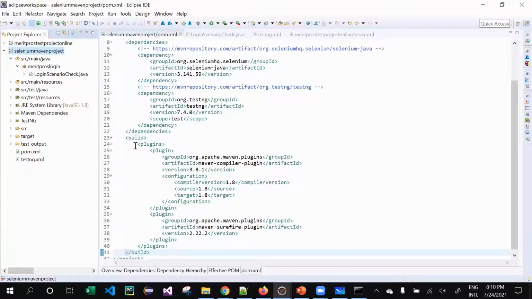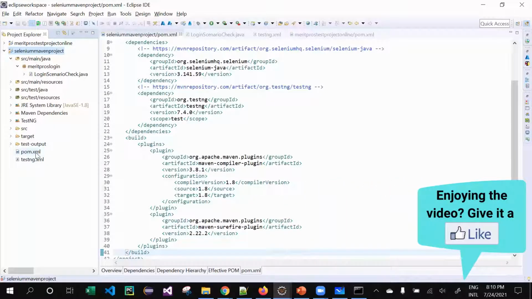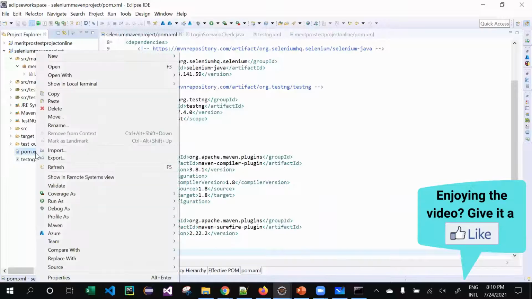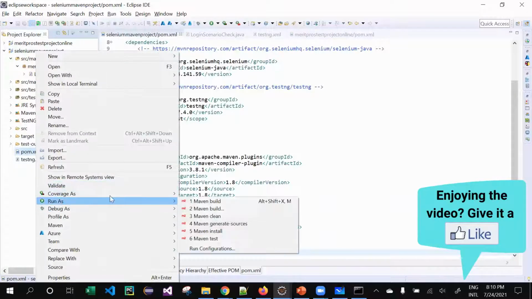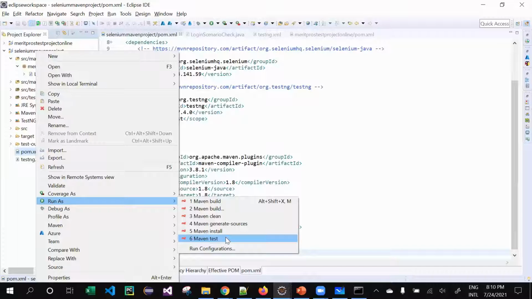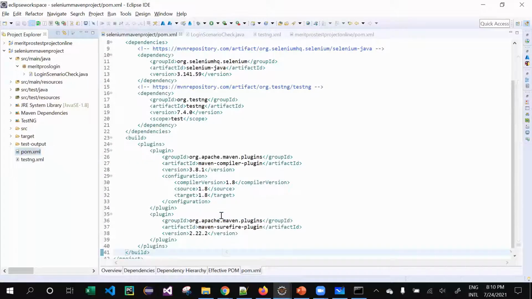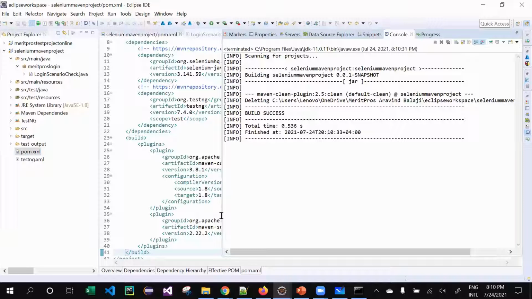Whenever you run from Maven, don't worry, by default Eclipse gives you the option. When you right click the POM, run as, you can see Maven build, clean, install, generate sources, test and so on. You don't need to memorize them if you're in Eclipse. For example, if I click on Maven clean, you can see it's building the process and it has been cleaned.